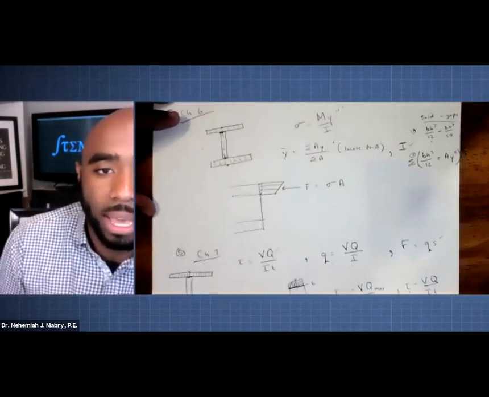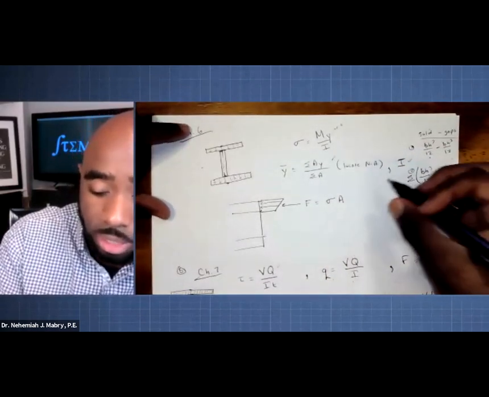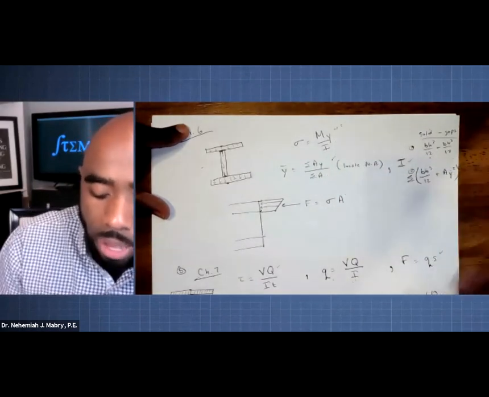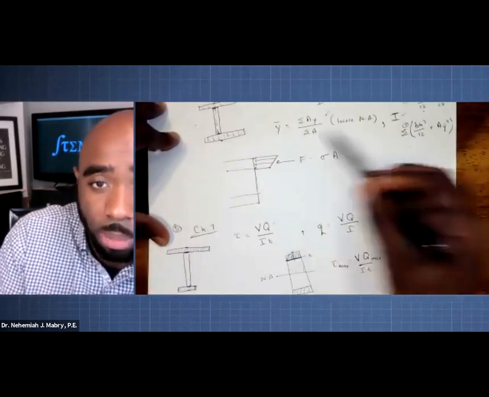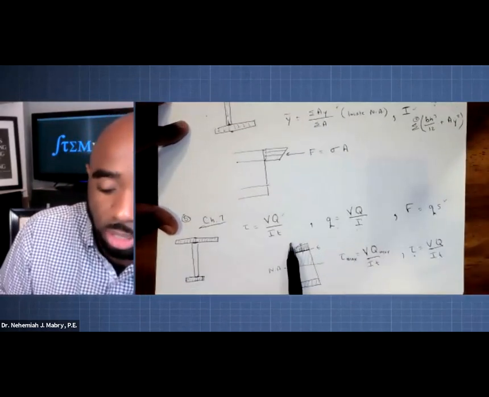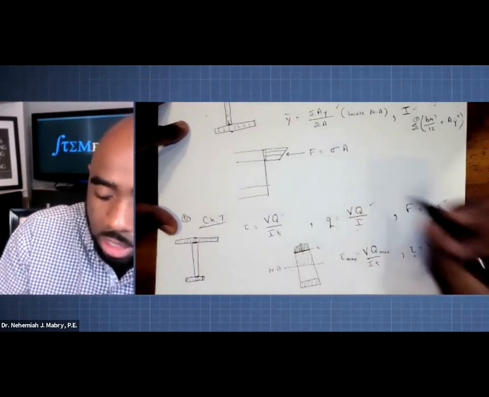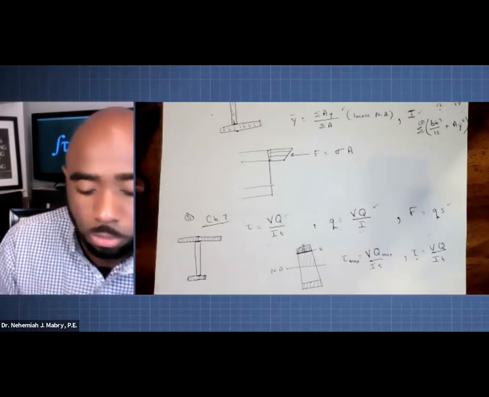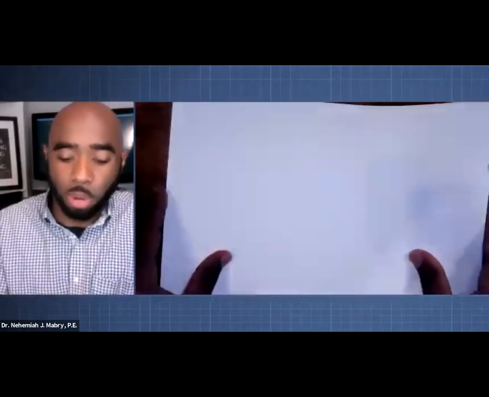Again, just to clarify, I was thinking more would be involved in chapter 6. In chapter 6, you want to be able to utilize this flexure formula really well: find Y bar, find I. In chapter 7, you want to still be very proficient with the Y bar and the I, but these are the equations you're now going to be utilizing: shear stress, shear flow, and then your fasteners. All right, let's keep it moving. So that's chapter 7, problem 5.